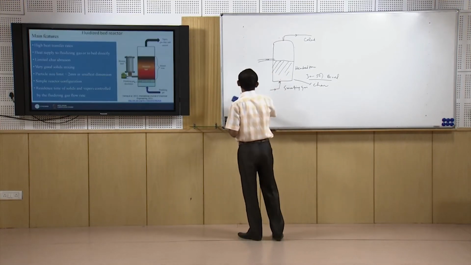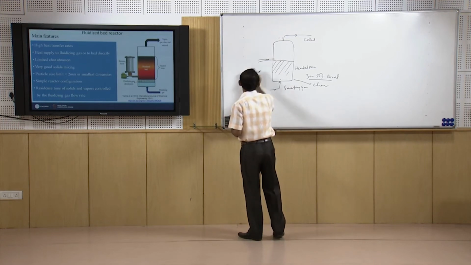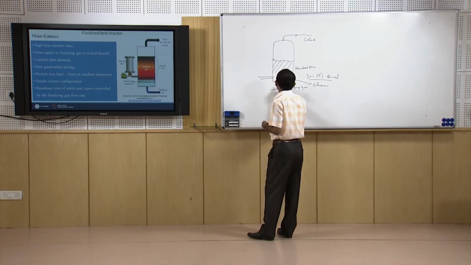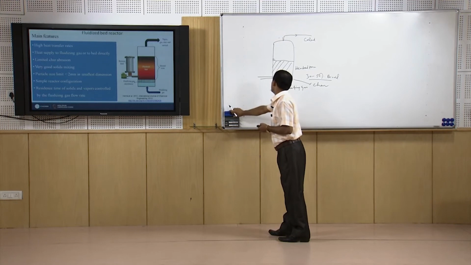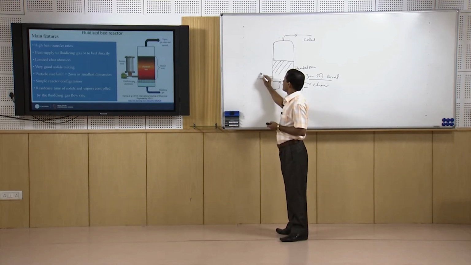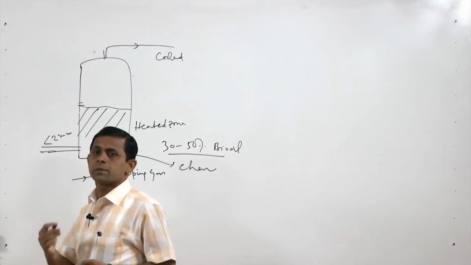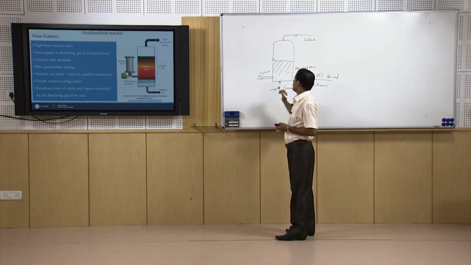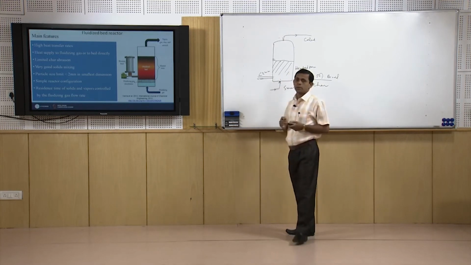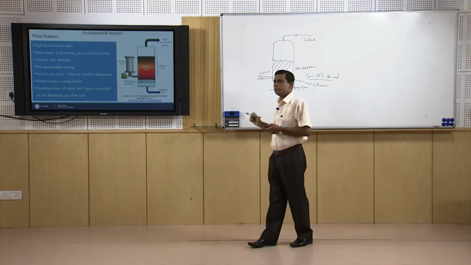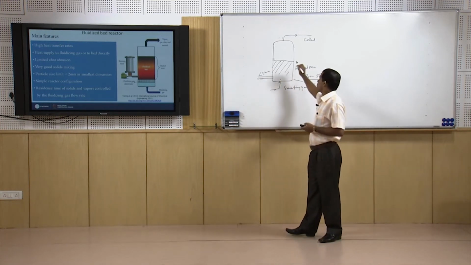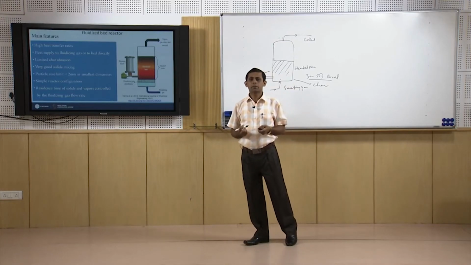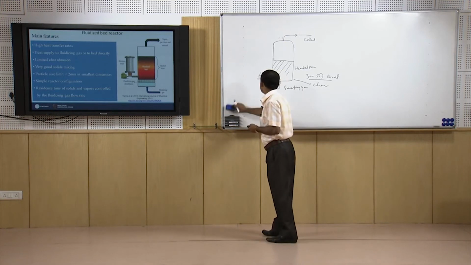Next, the fluidized bed reactor came. In the fluidized bed reactor, the biomass or the waste is put from the bottom and the sweeping gas is also from the bottom, and the particle size is very small, less than 2 millimeter. Because of this very low particle size and supplying from the bottom, it gets more mixing with the hot gas and the residence time is also less. Due to that reason, the bio-oil production is more. In this case, we can get around 70 to 75% bio-oil,